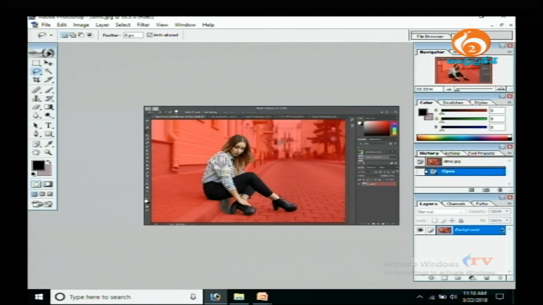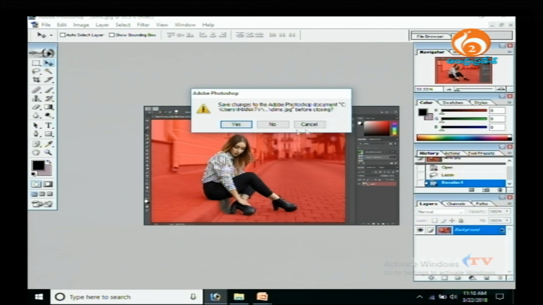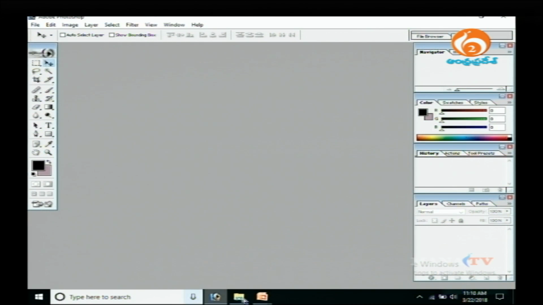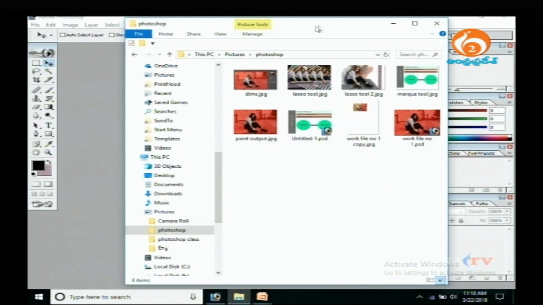So lasso tool em chestundi ante simple. If you want to cut anything, this will help you. Selection avutundi. I think everybody knows about it. So this is what you have to remember all the time when you're working on the lasso tool. So I'll delete it. And as well, when you are working on Photoshop,